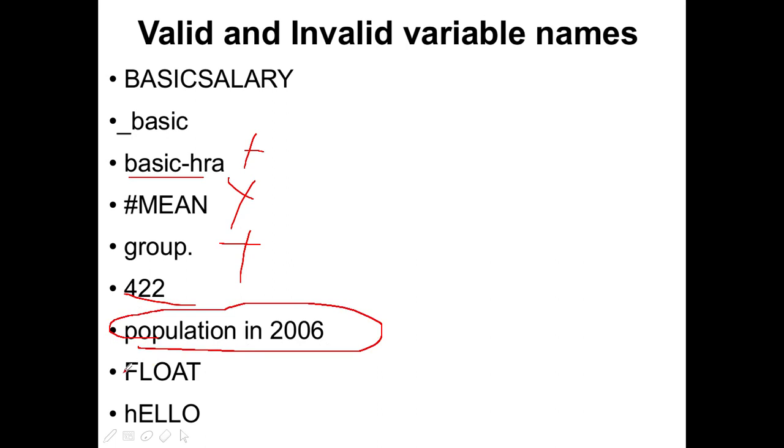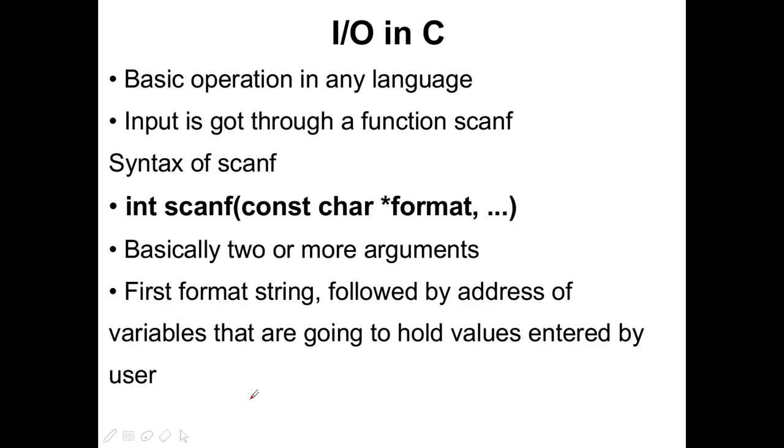And float, actually it will differentiate because C is a case sensitive language. Whatever you give in capital letters is different from what you give in small letters. Though this is a keyword because it is going to be a data type, C may allow it because it's in capital letters, but generally it is advised that you do not use keywords, whether in small case or capital case. And then this is allowed, you can start with a small letter or with a capital letter.